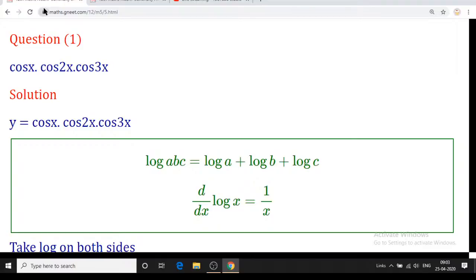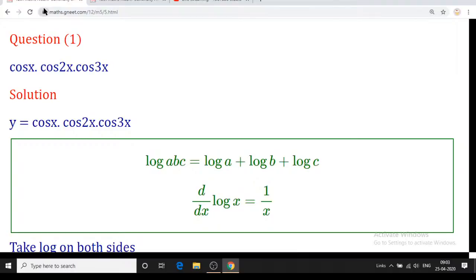If there is no problem, we will start now with exercise 5.5. Here we have studied the use of the logarithm. If you have gone through the third video, there we studied the properties of the log, and you studied those properties last year also.